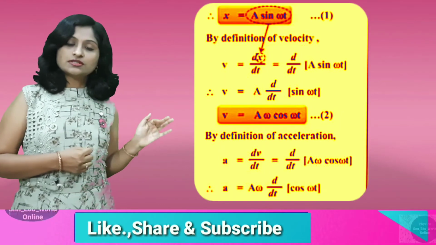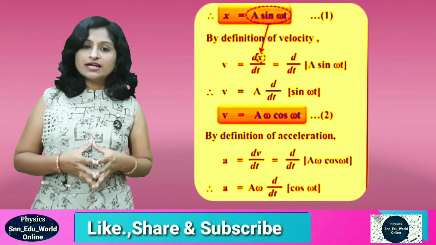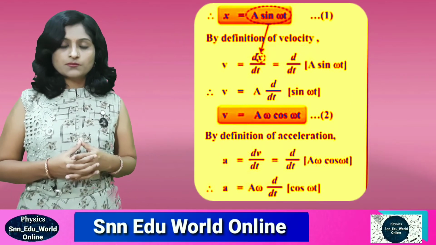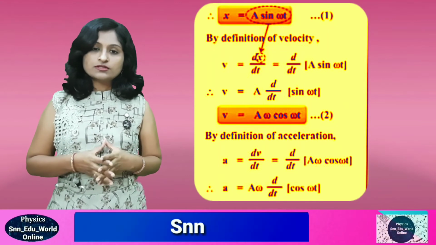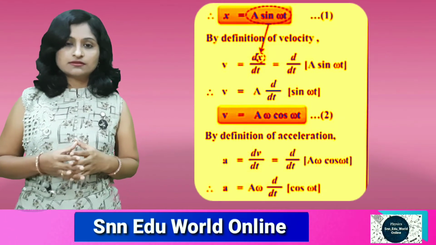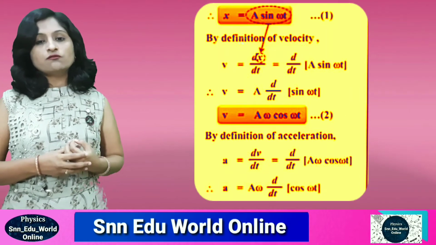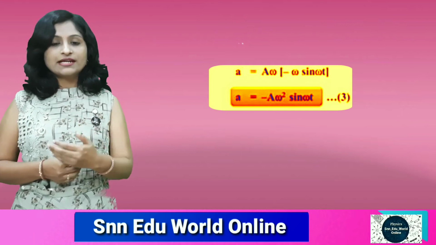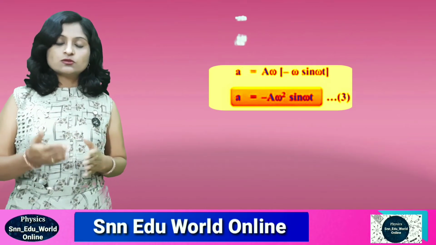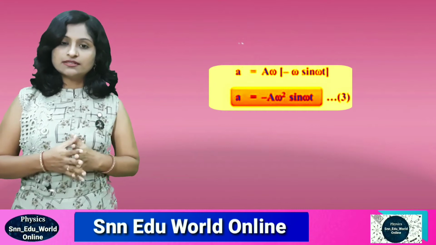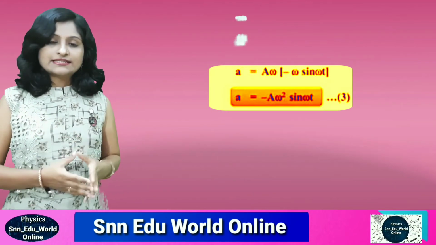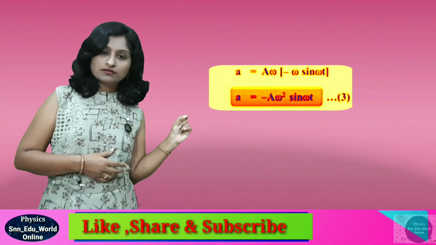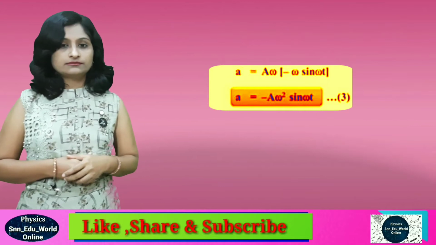So take differentiation with respect to time t. Now a omega is constant, so only the differentiation of cos omega t will occur. What is the differentiation of cos? It is minus sine. So the differentiation of cos omega t will be minus sin omega t. But again omega t is also a function of time t, so we have to differentiate it again, and we get omega again. So the acceleration equation finally becomes minus a omega square sin omega t.